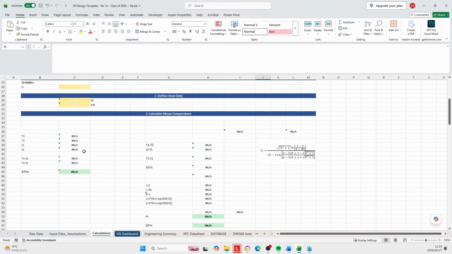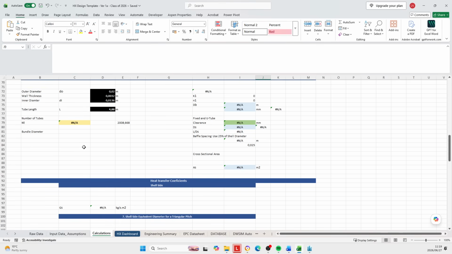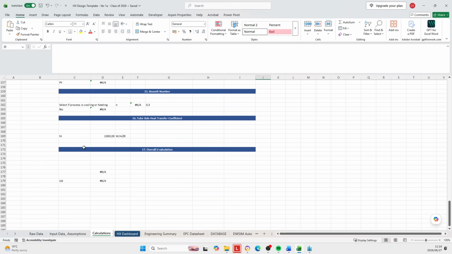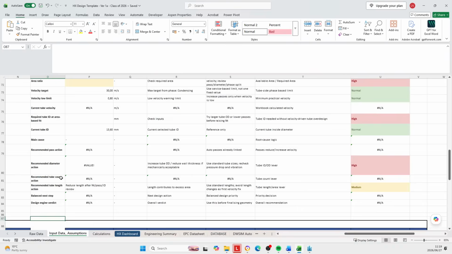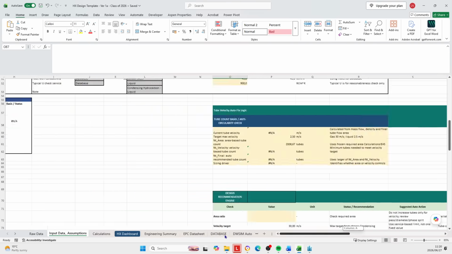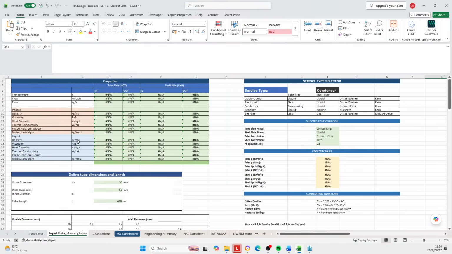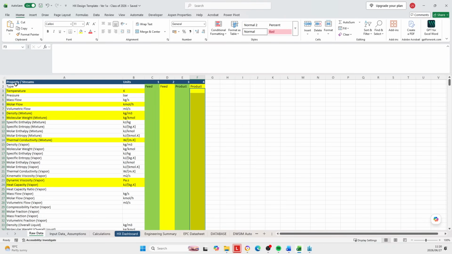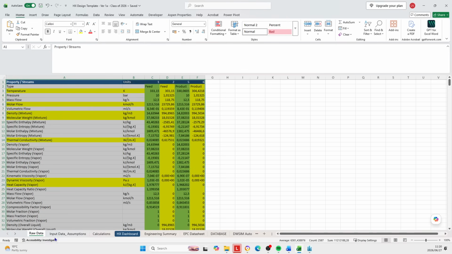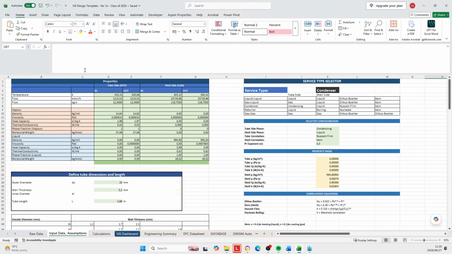So I just want to show you how the spreadsheet looks now. You'll see there are no calculations, nothing has been done. There is nothing on the input data, as you can see. So what we're going to do now is paste our raw data and just overlay it, and immediately we can see that it has auto populated. Now, as you can see, the tube side, as I had indicated, is the product, which will be moving from